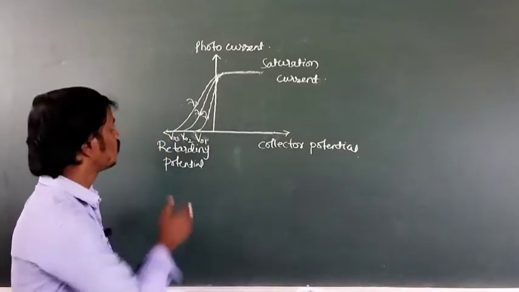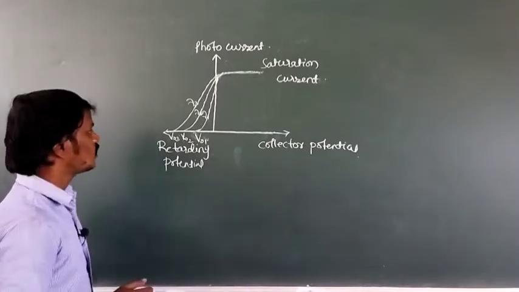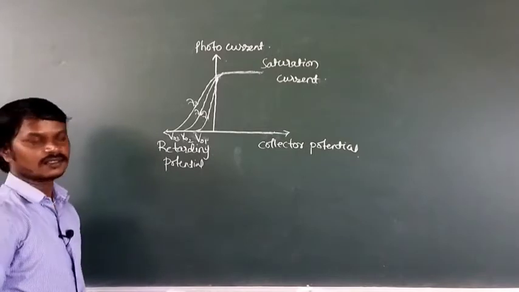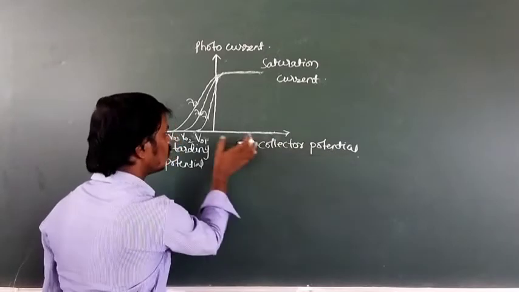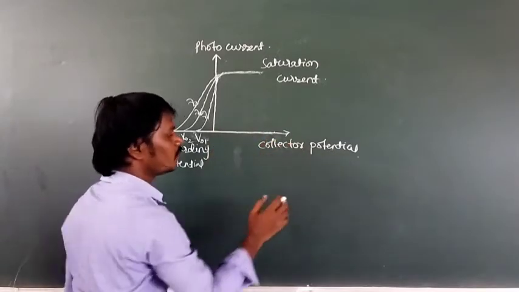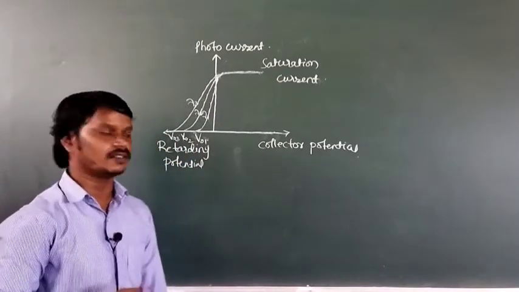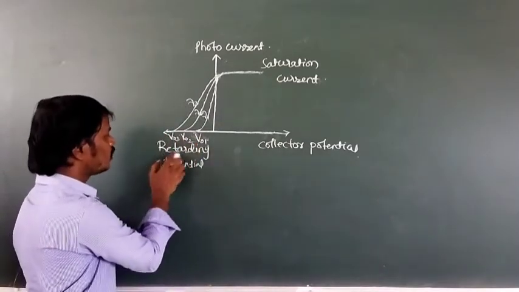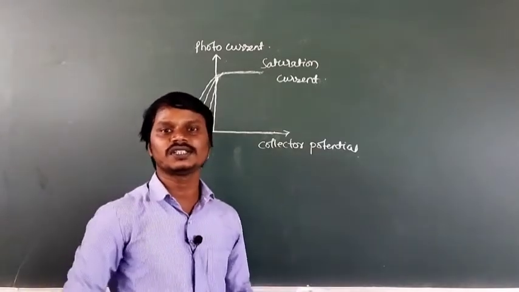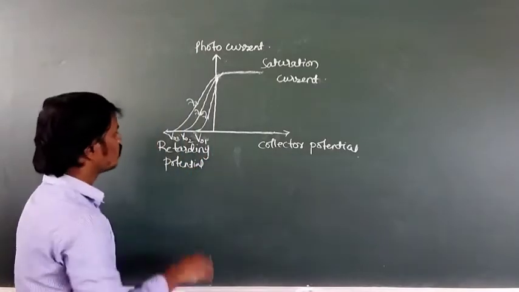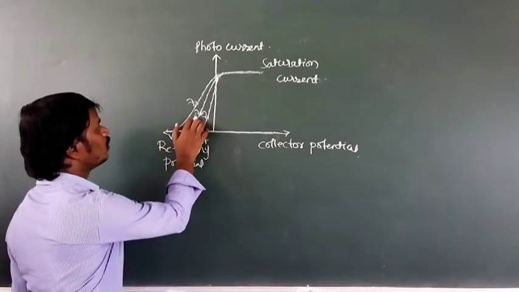Next question. This question was asked in the year 2016 in the KCET exam. See here, a graph is given. Along the y-axis photocurrent is given and along the x-axis collector potential. Along the positive x-axis, collector potential means the positive potential of the anode or collector. And along the negative x-axis, retarding potential is given, which means stopping potential, the negative potential given to the anode. Now, what we have to find in this question is the relation between nu1, nu2 and nu3.